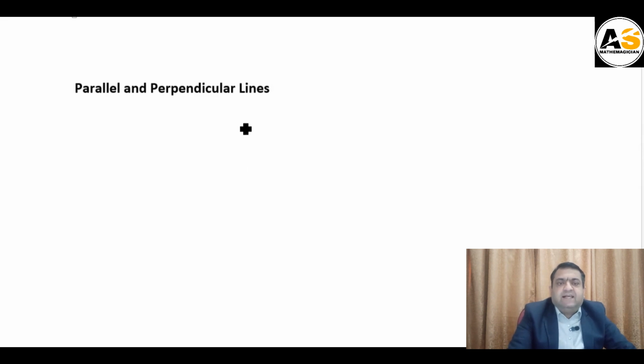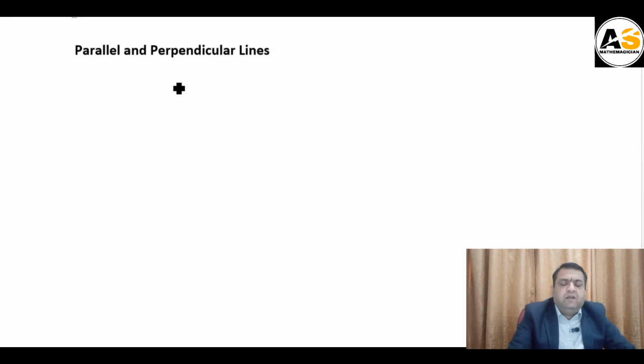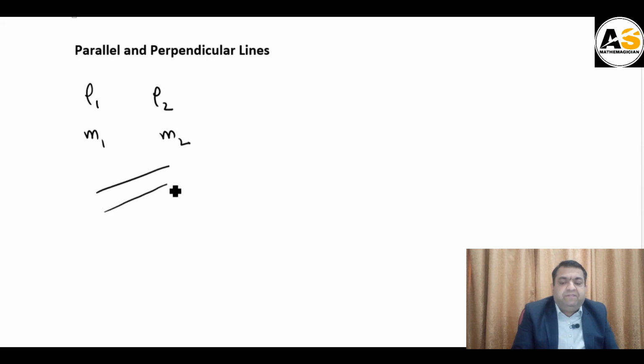At the end of today's lesson, we will learn a relation between the gradient of parallel and perpendicular lines. It's very obvious. Suppose there are two lines L1 and L2. Gradient of L1 is M1, gradient of L2 is M2. If these two lines are parallel, their gradients will be the same. It is very easy. These two parallel lines will form the same angle with x-axis and hence their gradients will